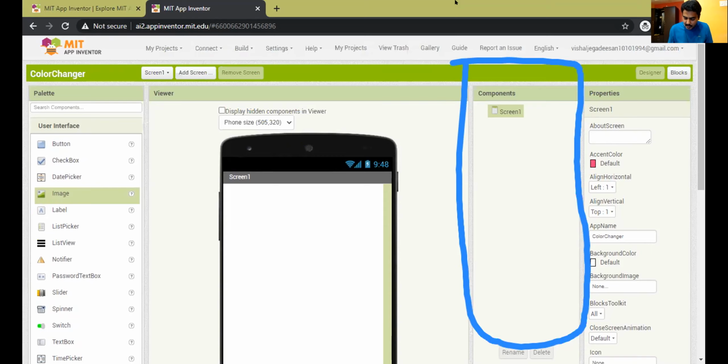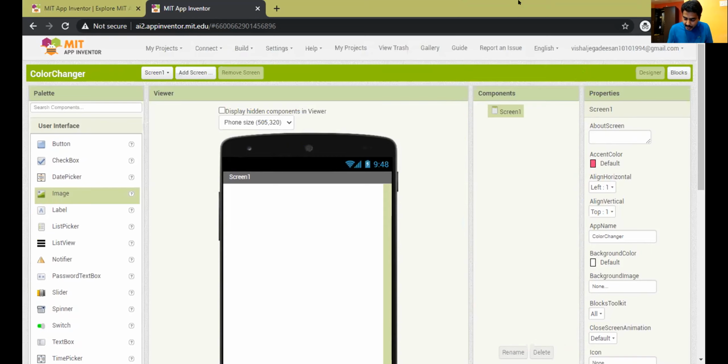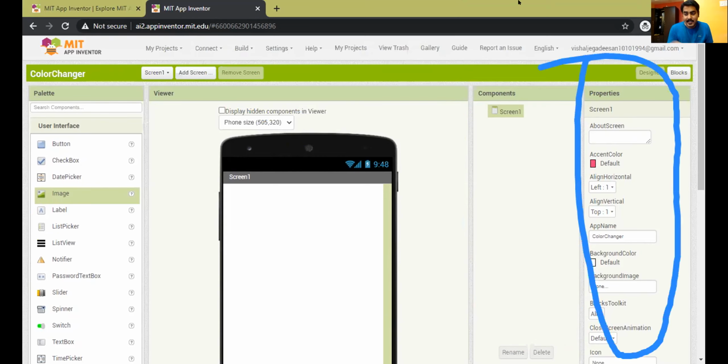And finally, the last one is the properties area, right? This is the area where you will be able to set the image, change the color of the button. Then you can edit the text of that button, right? The name of the button was different, right? It was like Click Me. So I can edit all this in this properties area. So this is what I'm going to do now, right?